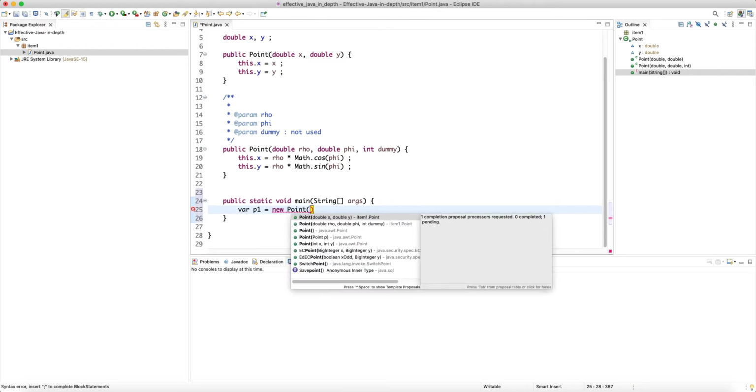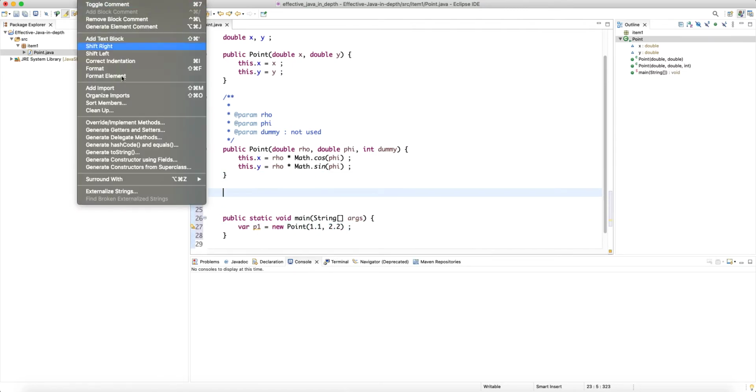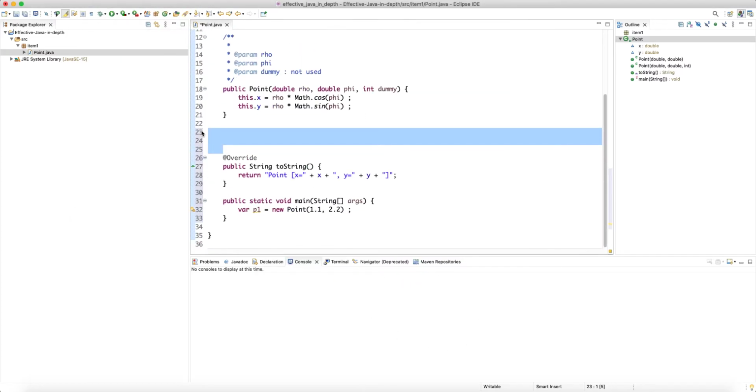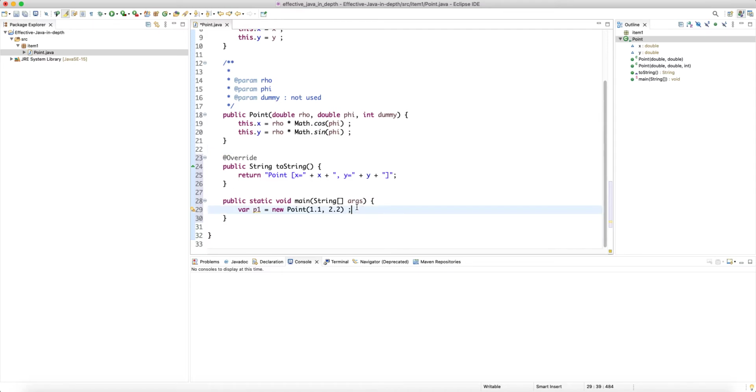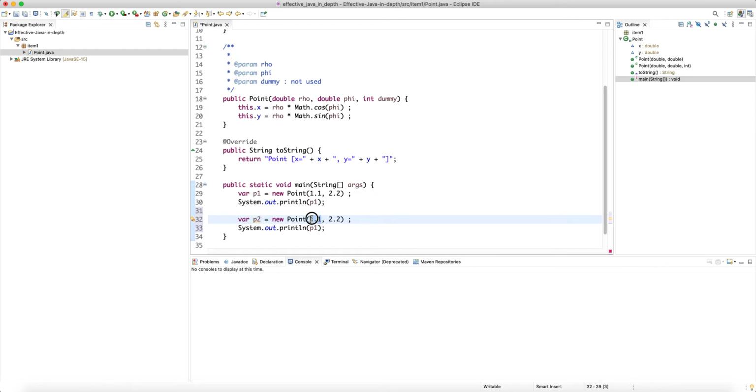I call the new operator, and it gives me the options for the two constructors, 1.1, 2.2. Then let's also override the toString method and accept the default, which just concatenates the fields. And then we can do a sysout on p1, and obviously this works. But then we can also create now a new point, p2, with x equal to 3 and y equal to 4,